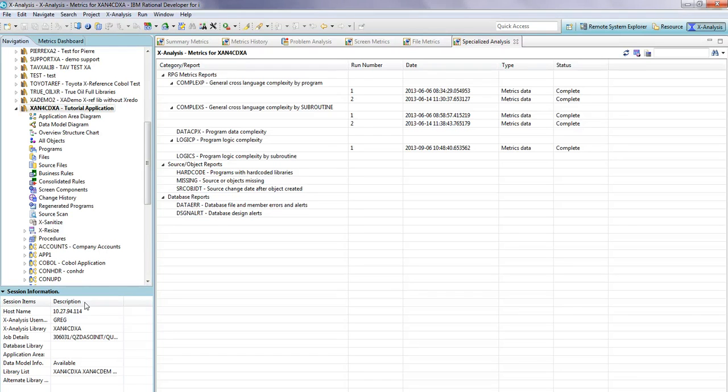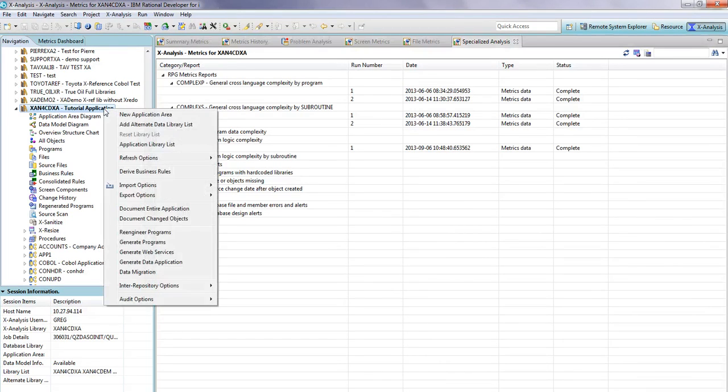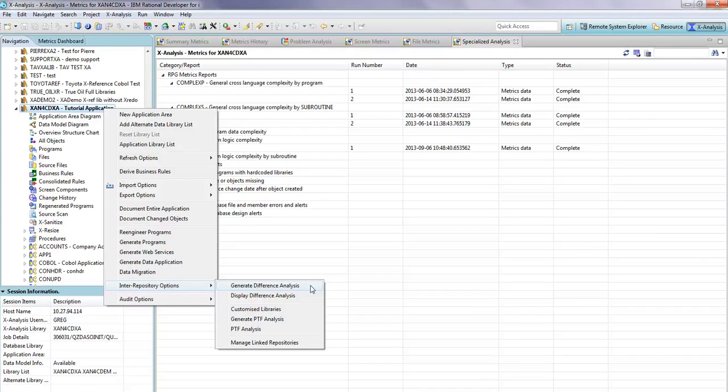This is done through the use of the inter-repository options, and using the inter-repository options, you can generate a difference analysis. And when you generate the difference analysis, you're simply comparing an existing repository with another existing repository and asking it to generate the differences that it finds between the two. So in the example that I just gave, you would create a repository for your current production version of your application and another repository for the new version delivered to you by the vendor, and then generate a difference analysis between those two